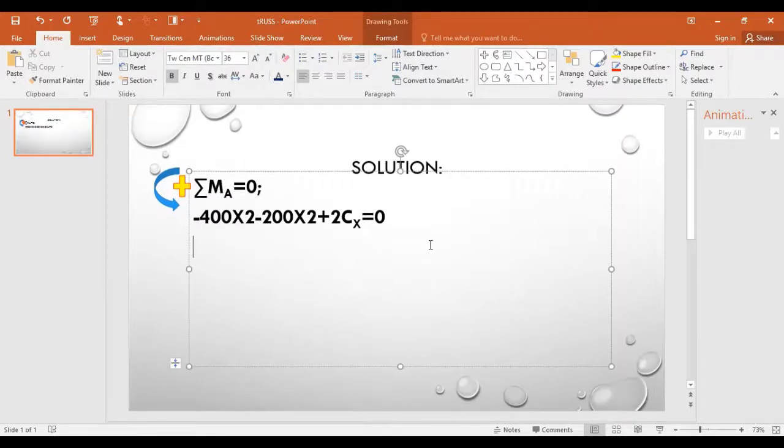Then I have to write down the value of Cx here, and the value of Cx is coming out to be 600. You can write down more steps here, so it's up to you. And the unit, for example, is Newton. So I am going to select this x as